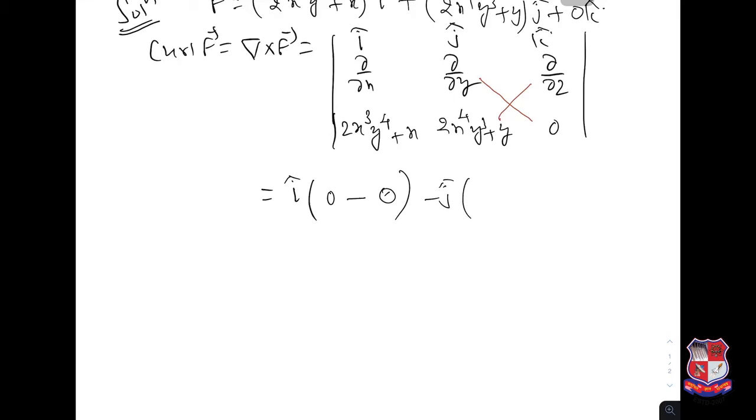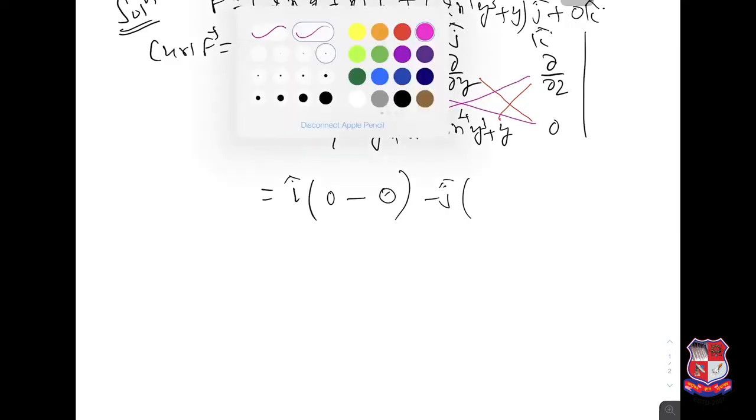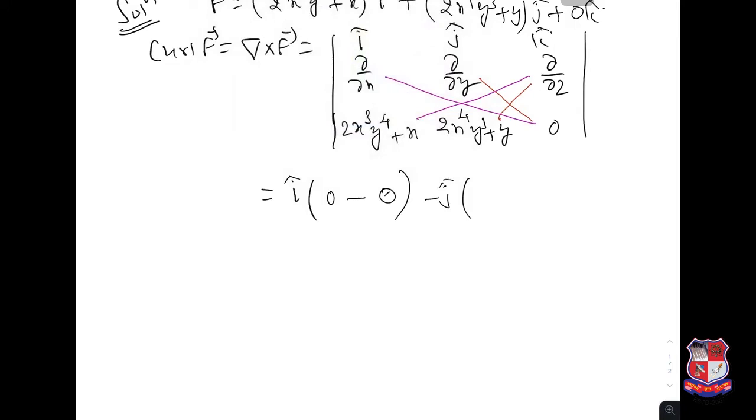So we need this one and this one. So del by del x of 0, that is 0, and del by del z of 2x cube y power 4 plus x, that is also 0,